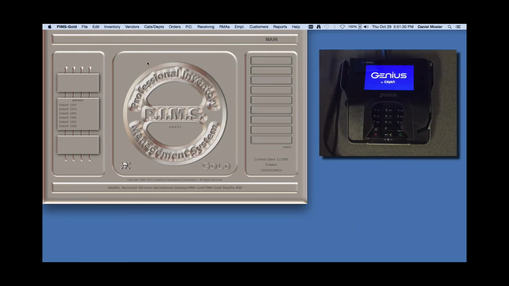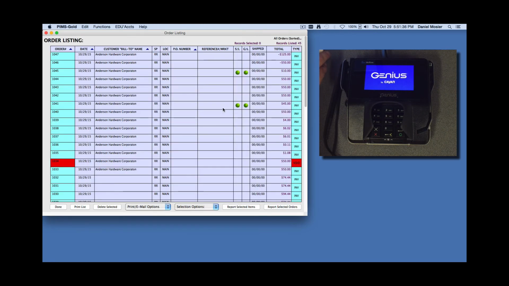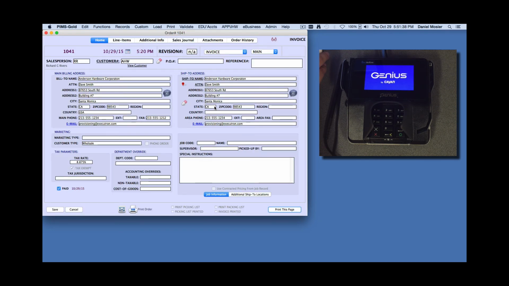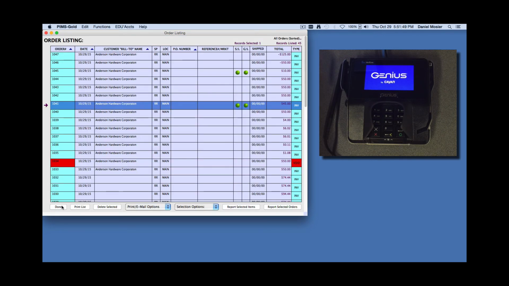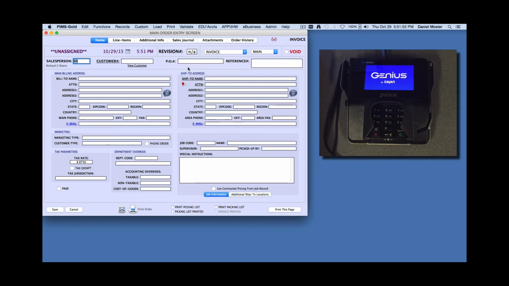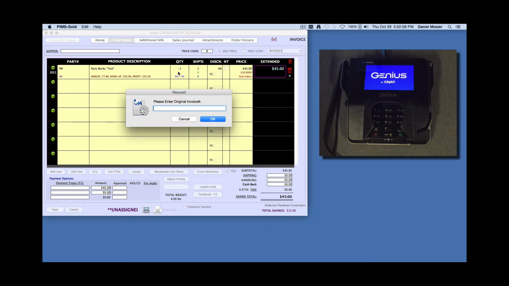Now let's go ahead and refund to a physical card. So let's list some orders here, and let's grab this one. What I'm going to do is, well, here, let's see what we have here. We have a Paris Works for $45. Okay. I'm just going to create a new order, and we'll put our Paris Works on there for $45, and we're going to set a negative quantity. I guess we're giving it back. They don't have their original invoice with them. We'll leave that blank,